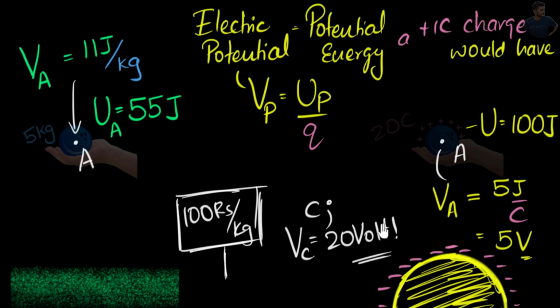All right, we can now say, hey, first of all, volt is joules per coulomb. Remember that, and then you'll be fine. So we could say this means it's 20 joules per coulomb. And what it basically means is that if you were to keep 1 coulomb of charge at this point, it would have 20 joules of potential energy. But it's an indicator. So you can also mean that if you keep 10 coulombs of charge at this point, it would have 200 joules of potential energy. So remember, potentials are just indicators that we can add to any point in space.